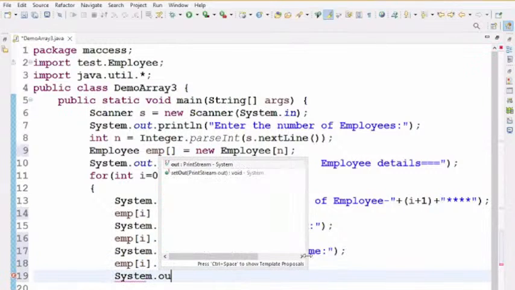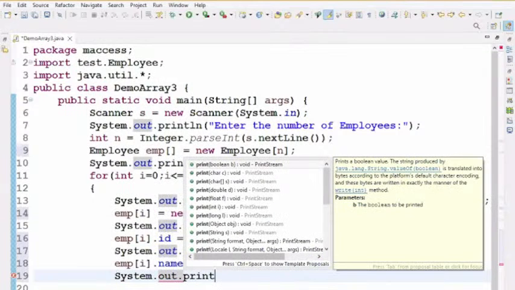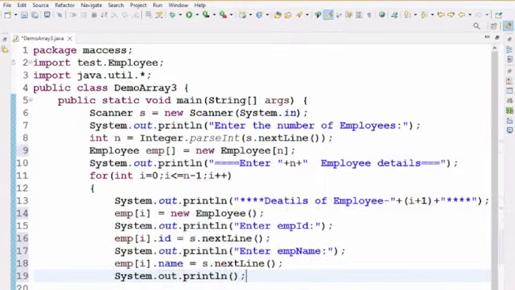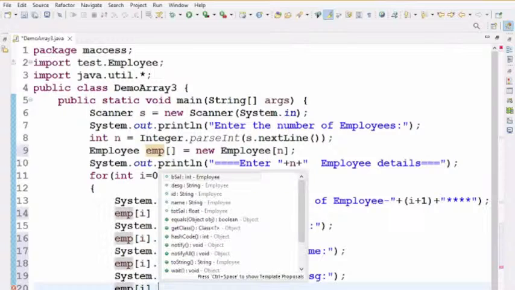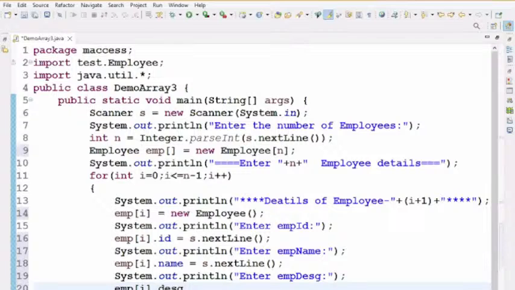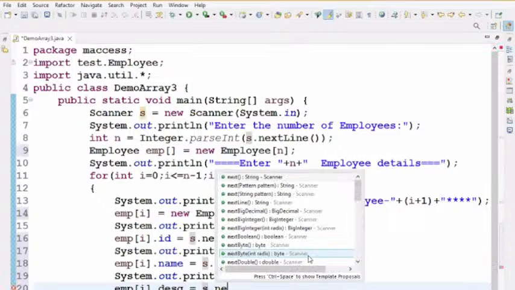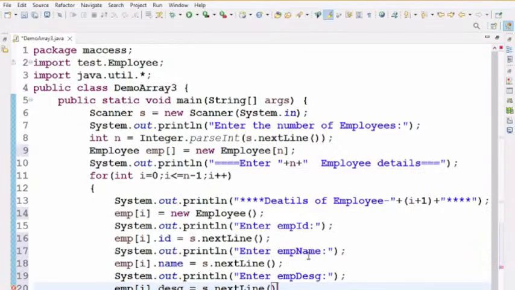Now System.out.println("Enter employee designation"); emp[i].designation = s.nextLine();